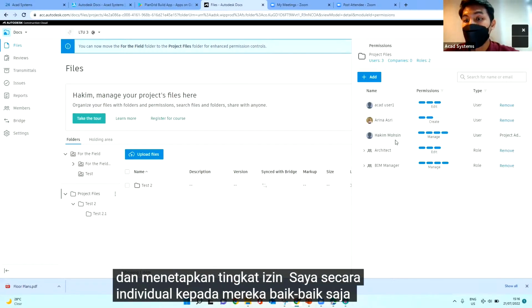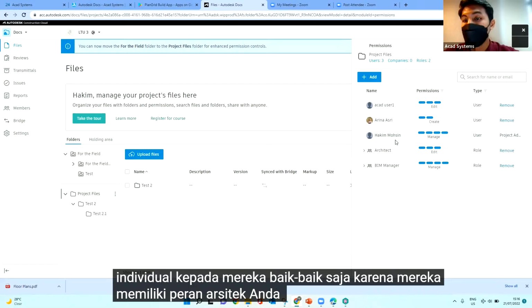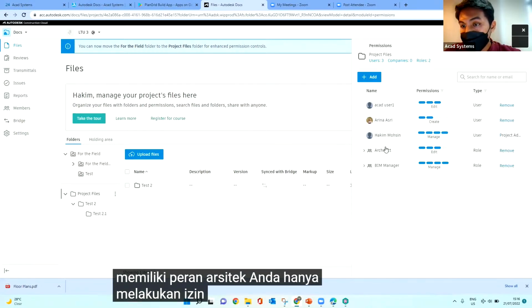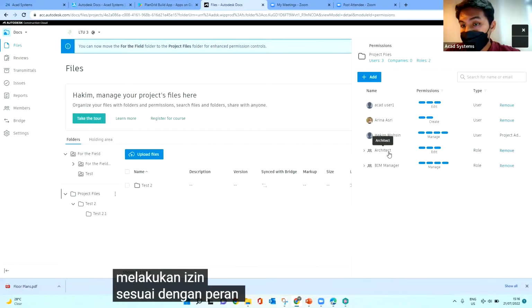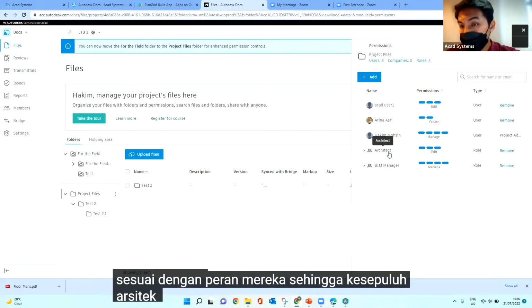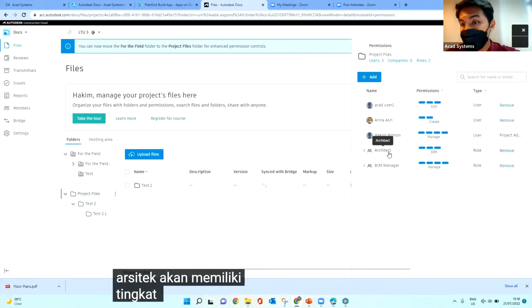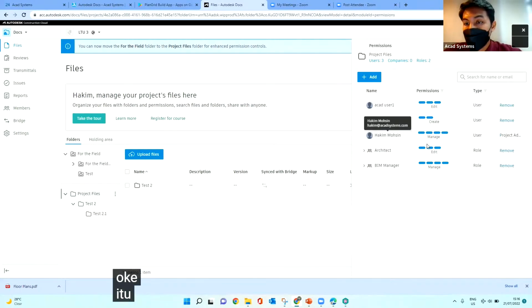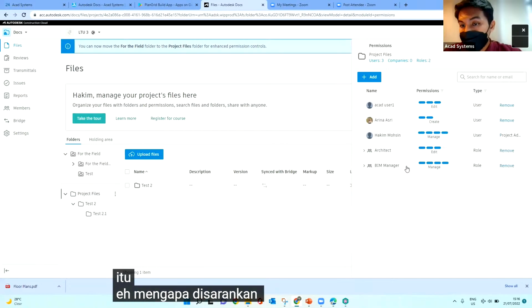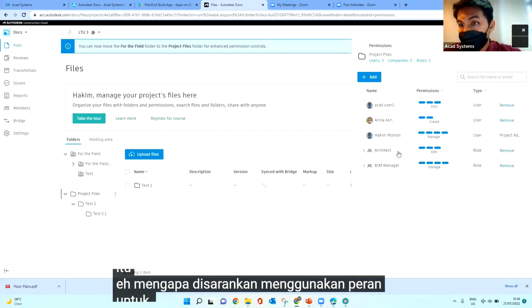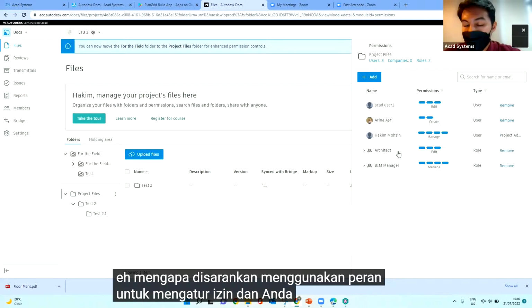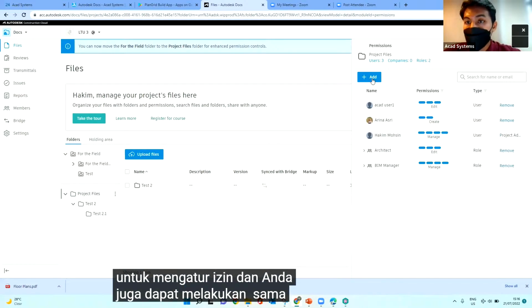Because they have the architect role, you just set the permission according to their roles. So all 10 architects would have the same permission level. That's why it is advisable to use roles for setting the permissions. And you could also do the same by adding